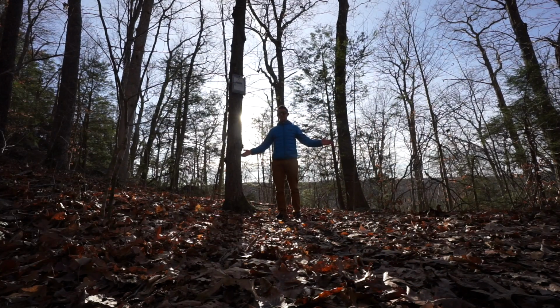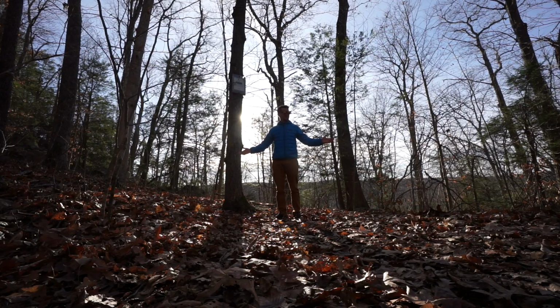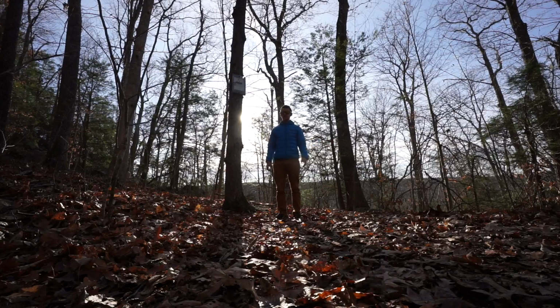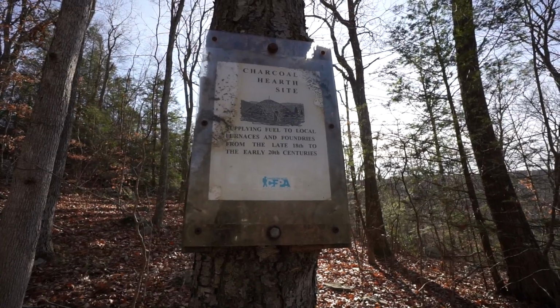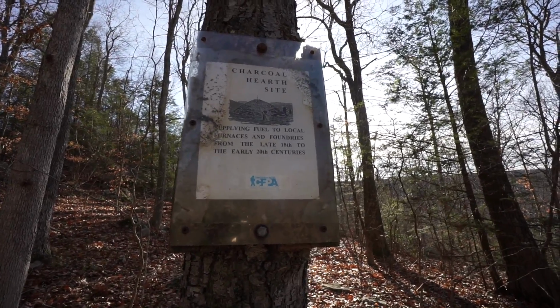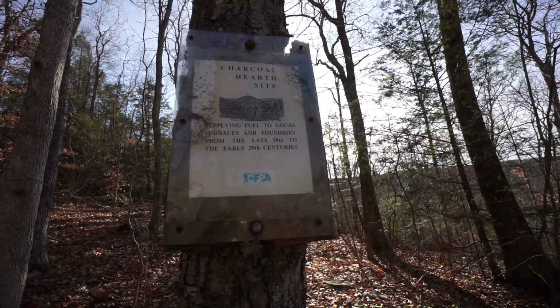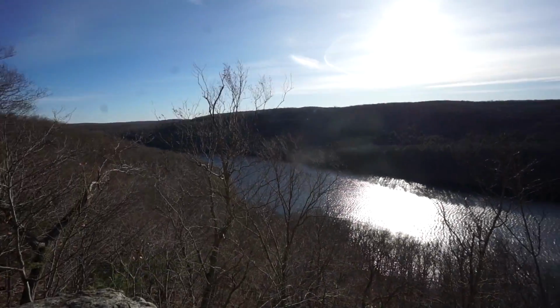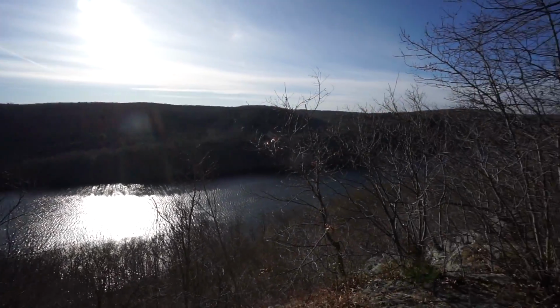This is our final picture. Kind of unassuming, but the site of a charcoal hearth. And here's the sign giving a little bit of info. And now I think we'll head up to the overlook that's just over there and do a little wrap up. The sun's gonna wash this shot out, but